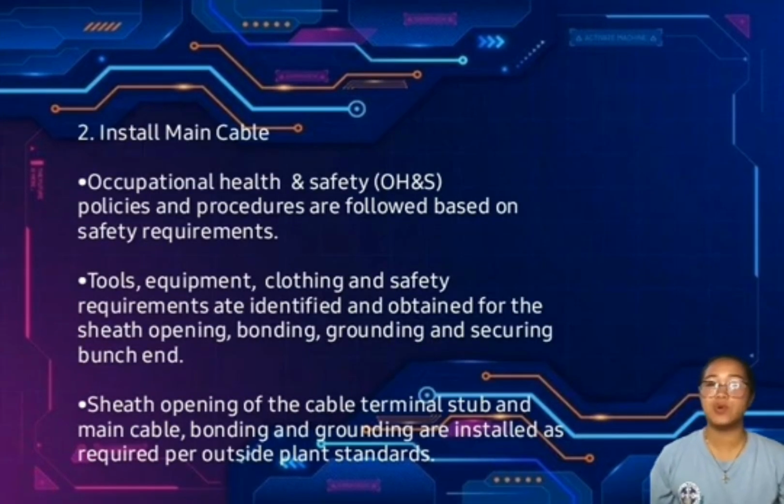Number 2, install main cable. Occupational health and safety policies and procedures are followed based on safety requirements. Tools, equipment, clothing, and safety requirements are identified and obtained for the sheath opening, bending, grounding, and securing bunch end. Sheath opening of cable terminal, stub and main cable bonding and grounding are installed as required per outside plant